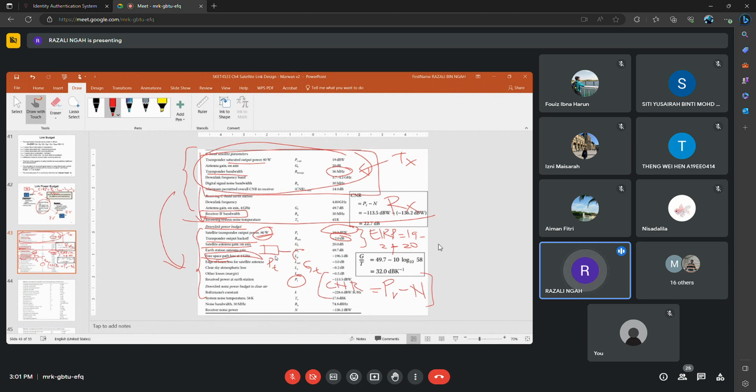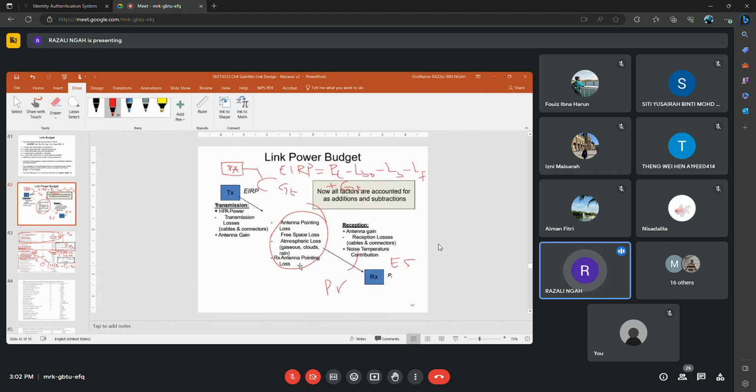But in satellite communication, you need to put it in table form. The reason is that in satellite communication, one part of either the transmitter or the receiver is in space. Okay, so if we have a downlink here,